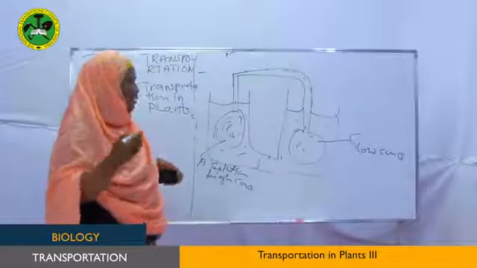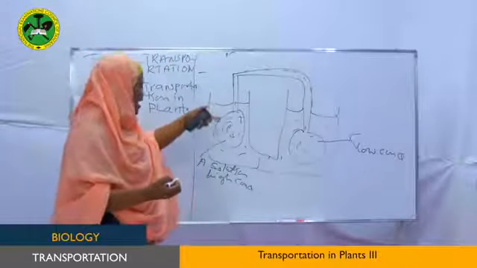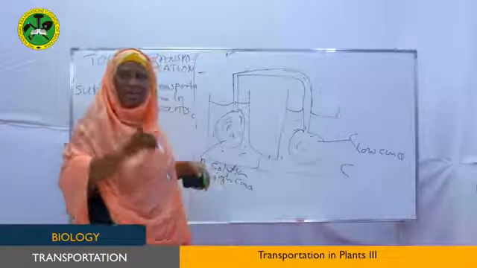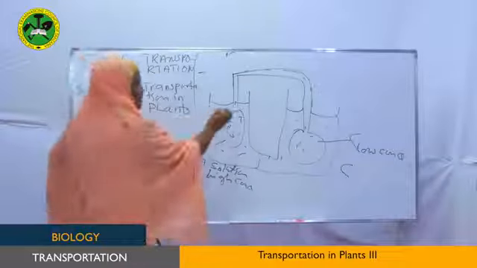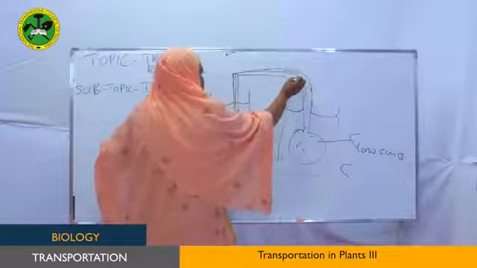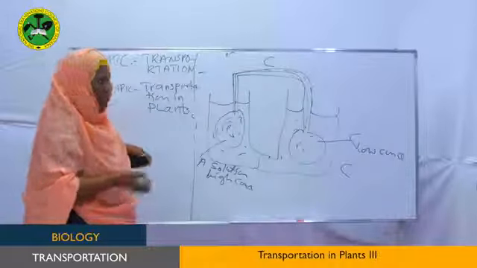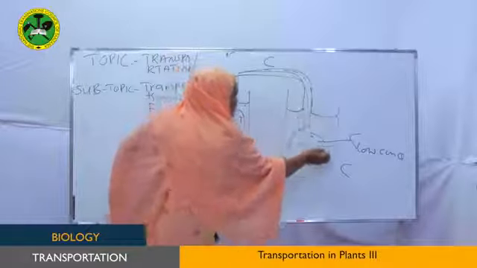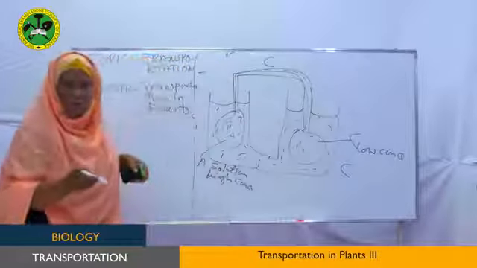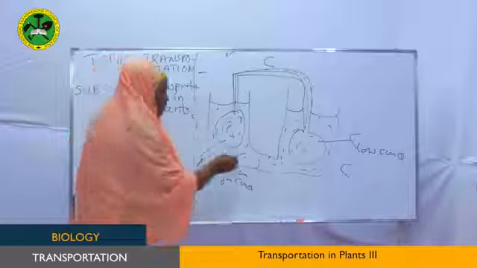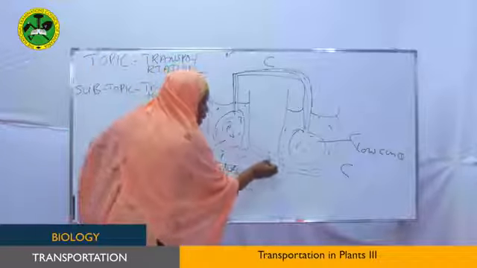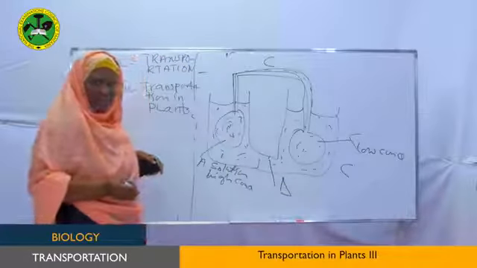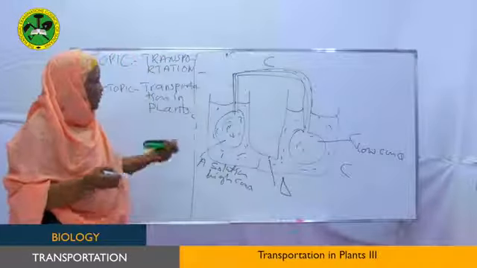At the same time, A and C have been connected by a tube, this tube. And here in this container, the container has been filled with water. So we call this one D. And initially